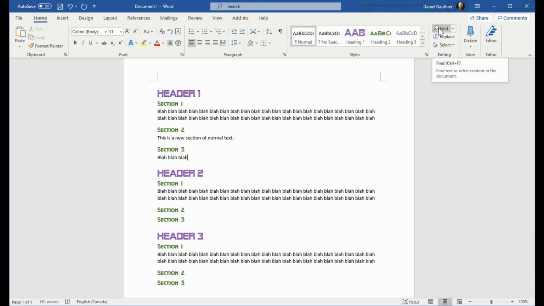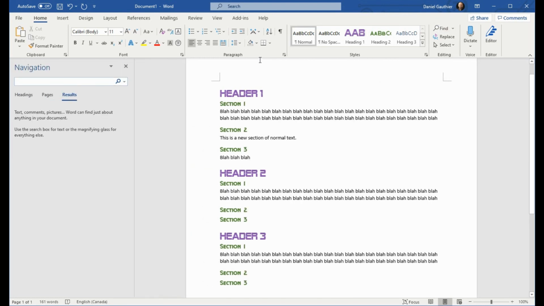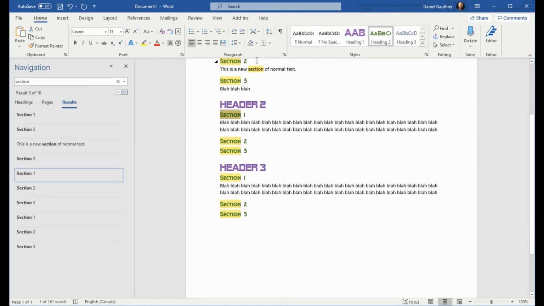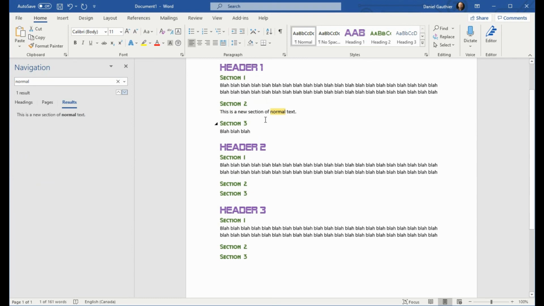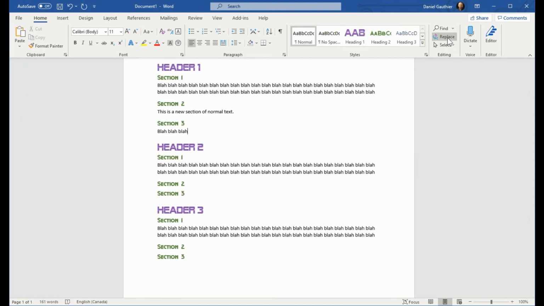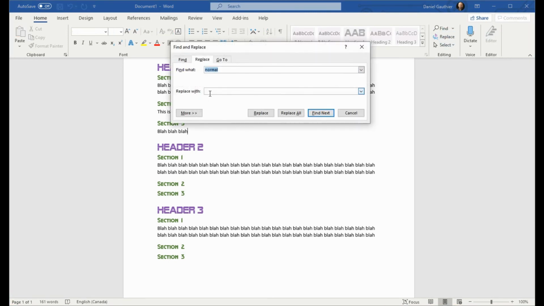You've got an easy way to find content. So if you're looking for a certain word in here, you can find that here, and it highlights it and gives you a count of how many words there are with that in there. You can also replace, so anything that's one word that you find, you can replace it with something else, and you can find the next one and replace them one by one, or replace everything all at once.